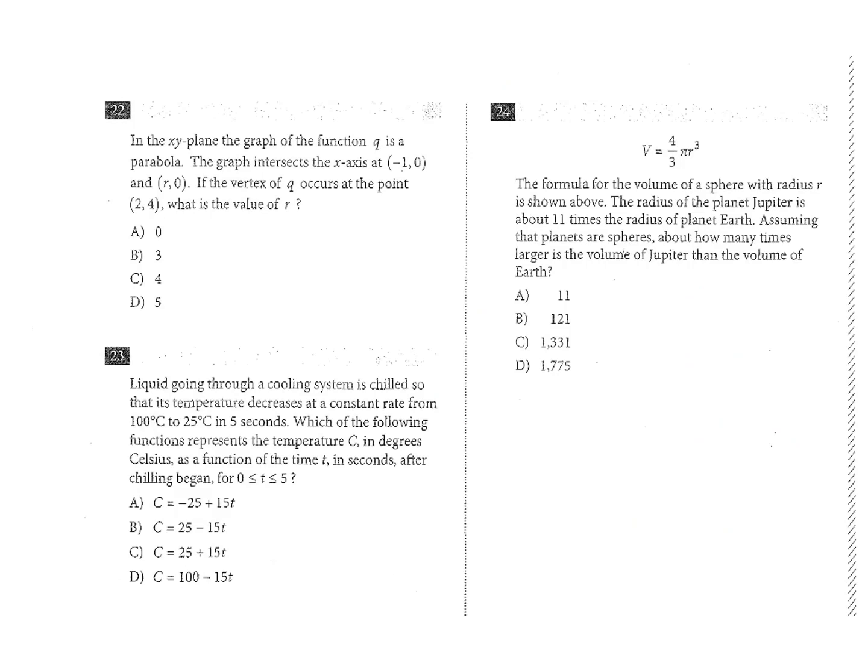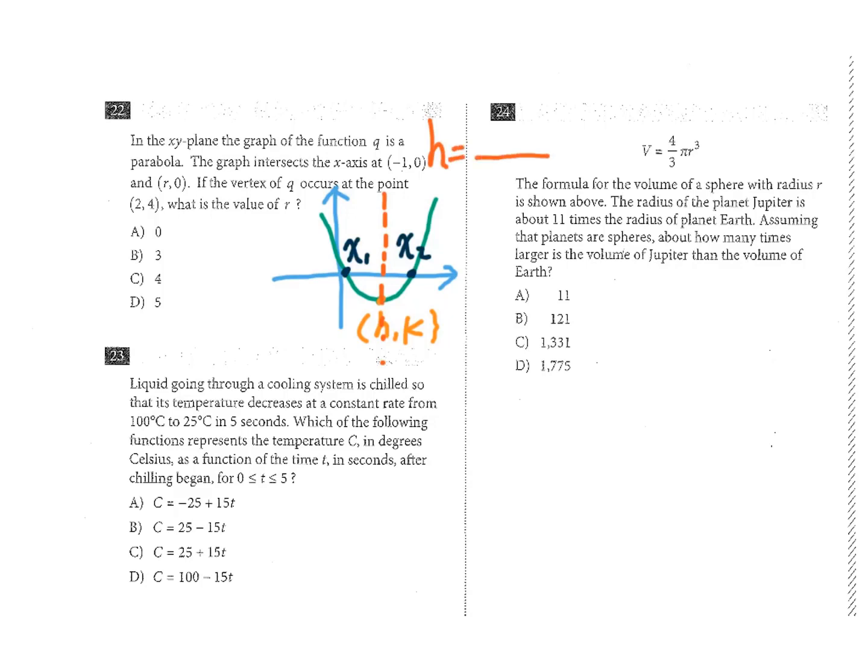For number 22, Q is a parabola. The graph intersects the x-axis at (-1, 0) and (r, 0). If the vertex of this graph occurs at the point (2, 4), what's the value of r? For this question, they test on this fact. For a parabola, suppose this is the vertex, that's (h, k), and you have the x-intercepts, that's x1, x2. Therefore,